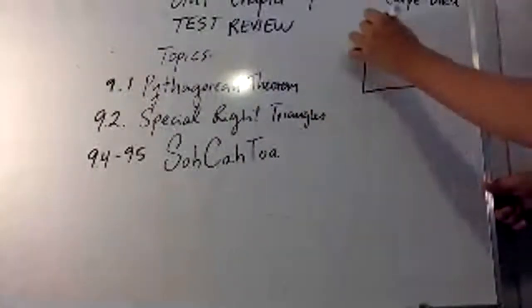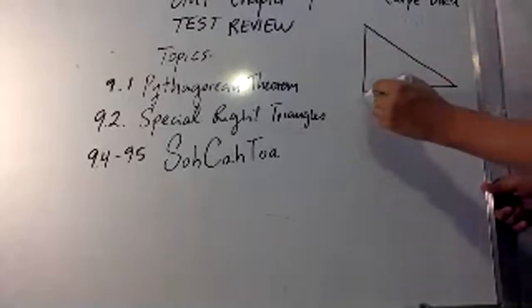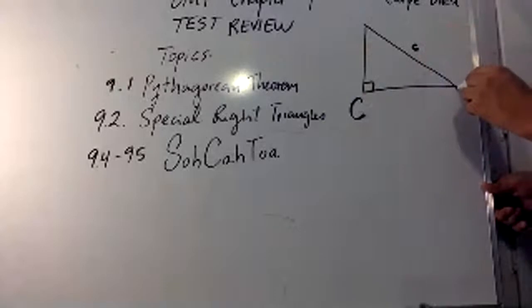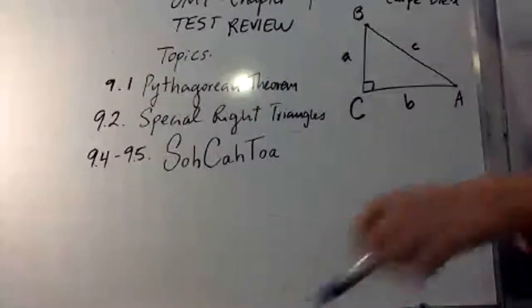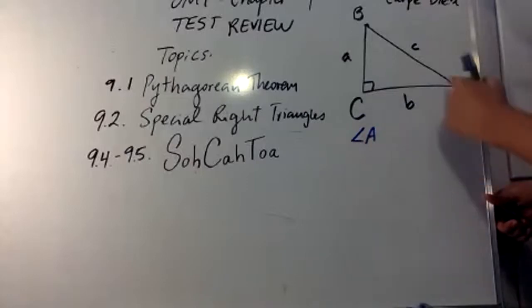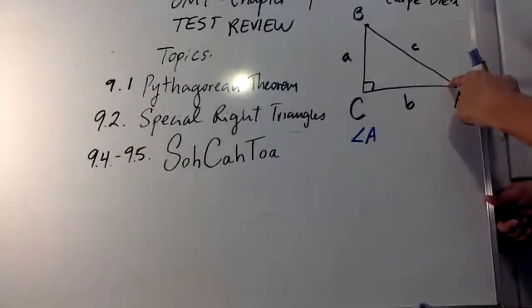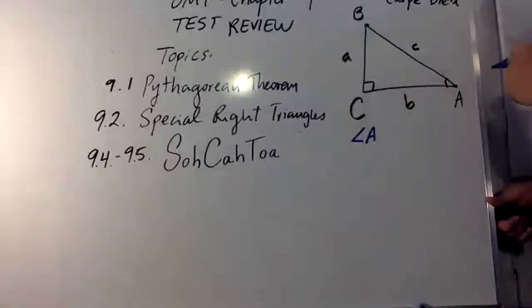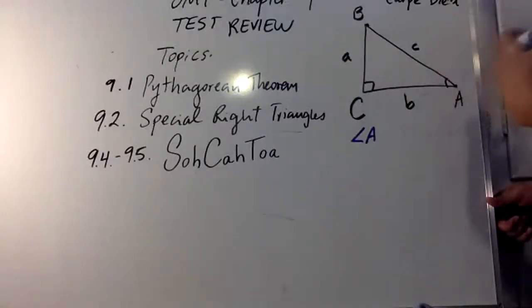Thing is, we have this right triangle. Okay, so this is vertex C. This is vertex O. If I start with angle A, which is this, what is the opposite segment to this vertex A, or angle A? It's going to be segment A. All right? And this is very important because we need to clarify this every single time so you don't get